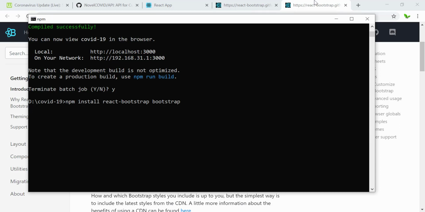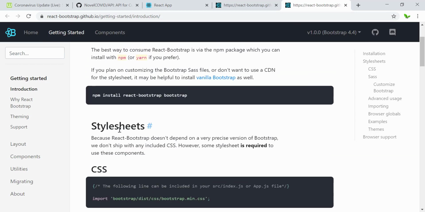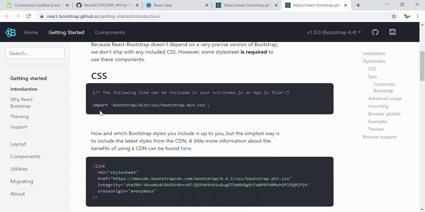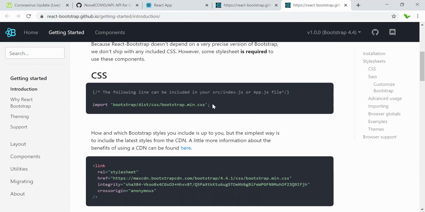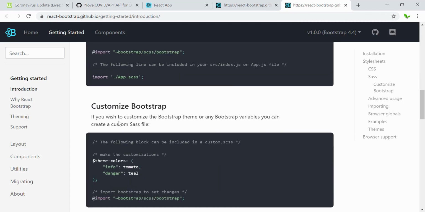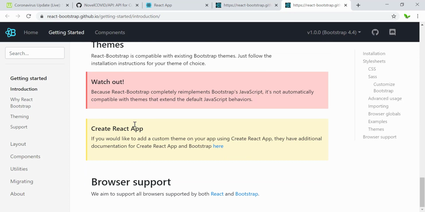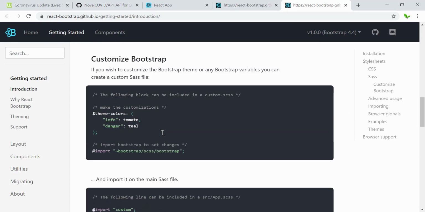So while this is installing, I'll need to also show you what else we need to do. So see that it doesn't depend on a version of Bootstrap, so we don't ship it with any included CSS, and some styling is required to use these components. So we might probably also be using this as well, but then we'll see. And this is the source, customize the Bootstrap. So yep,